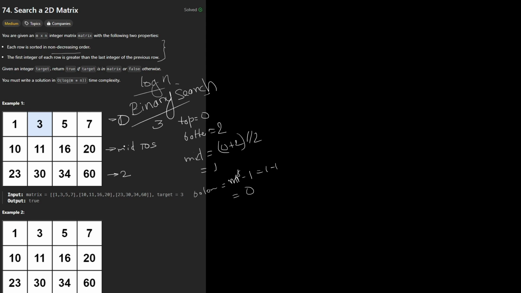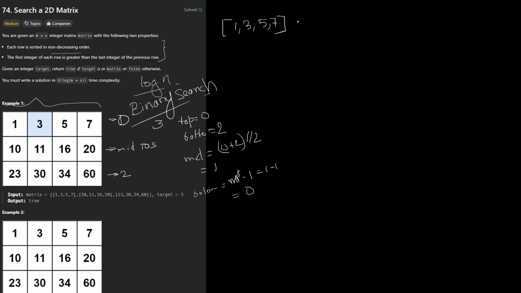Now the question is, is 3 smaller than the last element which is present out here? Which is not correct, 3 is greater than that. And also a question might arise, is 3 greater than 7? Which is not true, 3 is smaller than 7. So we are certain that the answer is going to be lying on the first row, or the 0th row. Now once we have got this, we can do a basic binary search on this row's